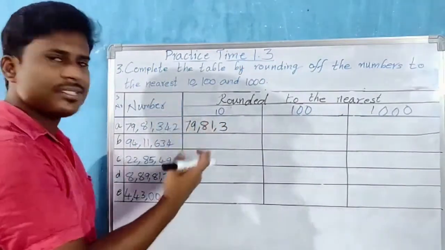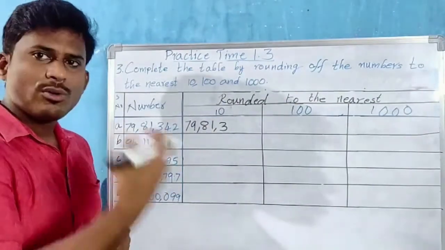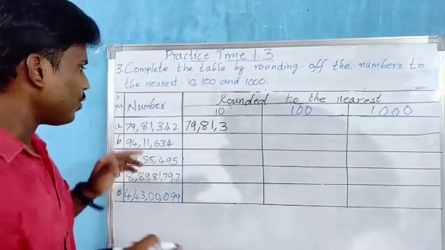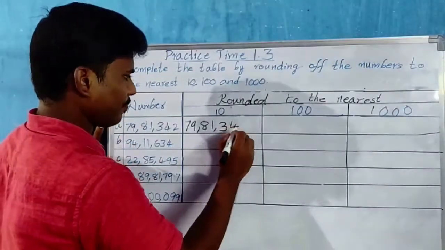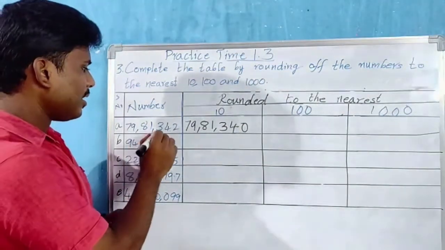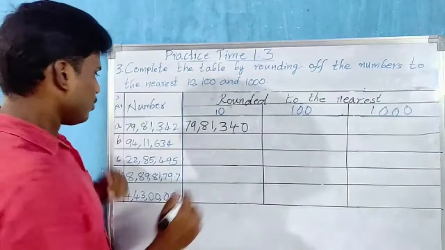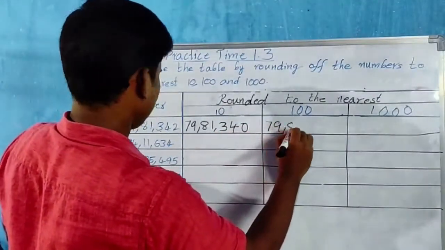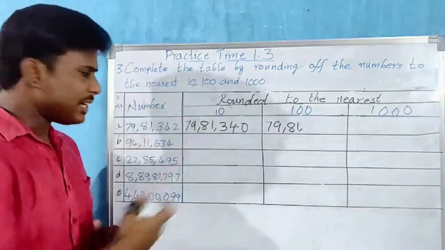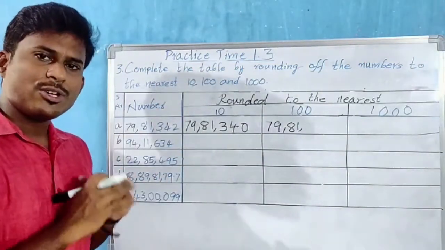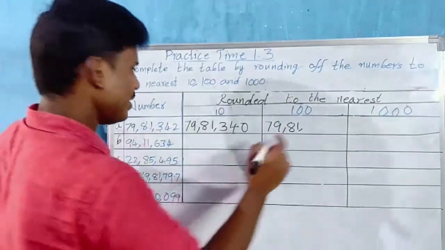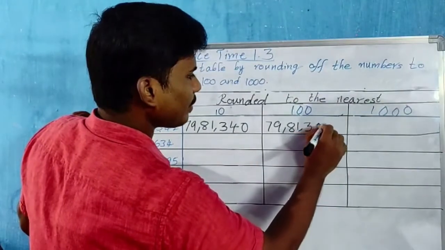Now see, on the right side, do we have above 5 or below 5? That means 1 to 4 or 5 to 9. It is 1 to 4, slide on the floor. So same. If you go for the hundreds, then this is our rounding digit. Let us write the left side digits as it is. Now the immediate right side place has 4, 1 to 4, slide on the floor. So the same digit we write, and the remaining places are 0.